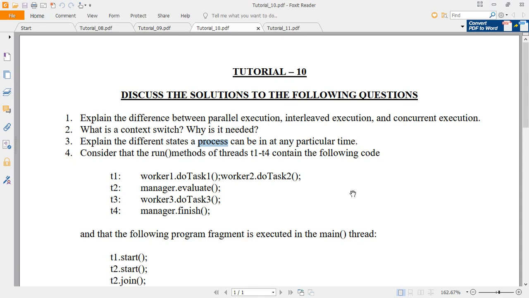Next question is, consider the run method of the threads T1 to T4 contains the following code. Thread T1 consists of two functions, worker1.doTask1 and worker2.doTask2. That means these functions have to execute sequentially. First doTask1 of worker1 has to execute, then doTask2 of worker2 has to execute. In T2, T3, T4 threads, we have only one method each: manager.evaluate, worker3.doTask3, and